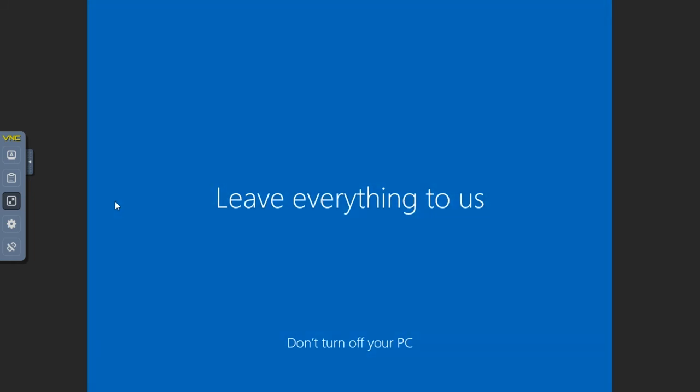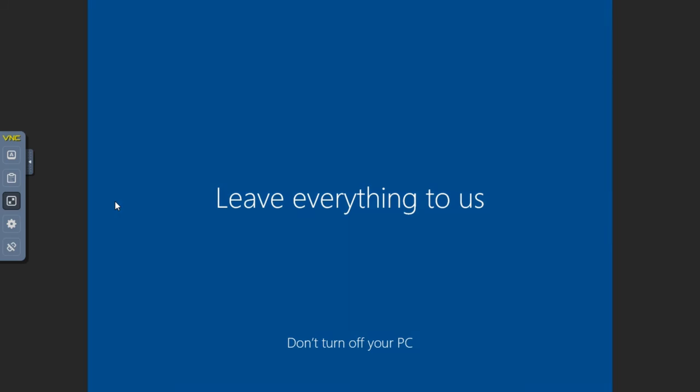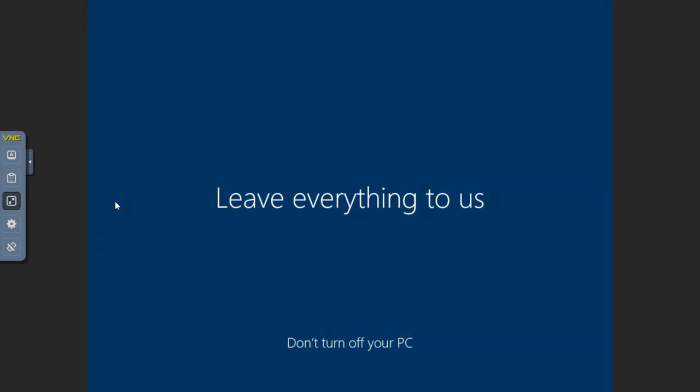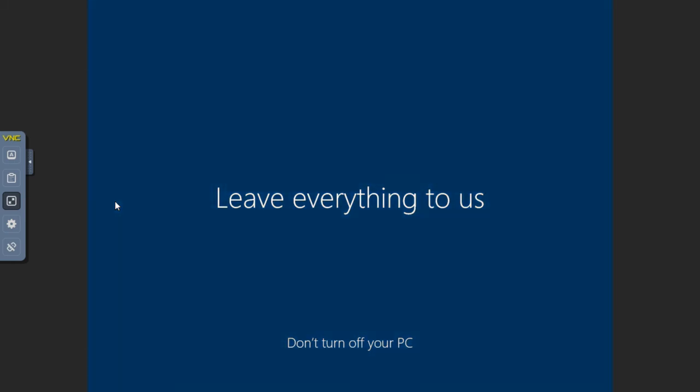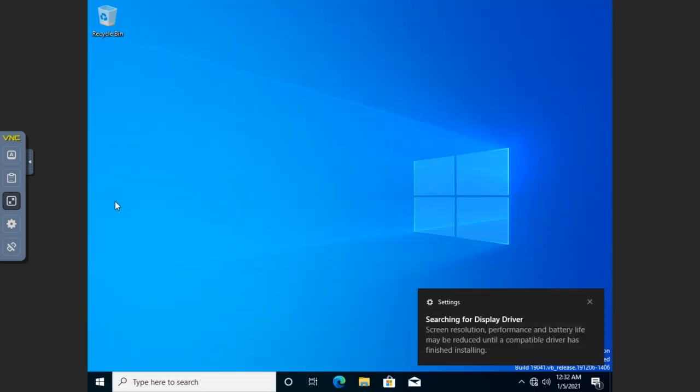So if we were using that Microsoft authentication for our login, it would come up and we would log in using our Microsoft account rather than log in using the local account that we just created. Okay, so at this point, we've pretty much answered all of the questions that we're going to have to answer. Everything else is just waiting for it to process. And there we go. Logged in,